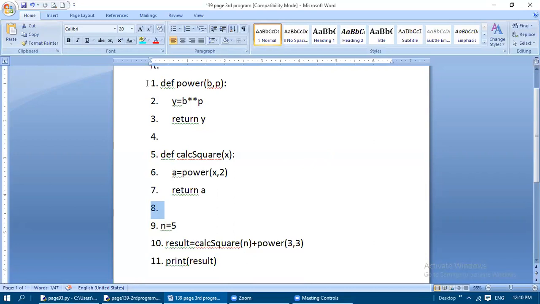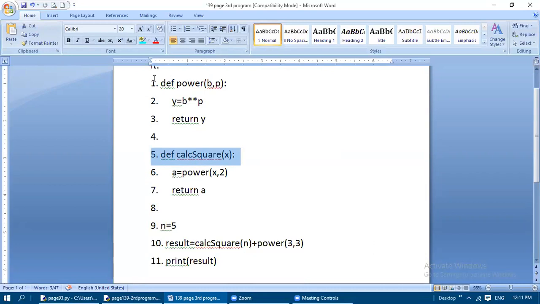How will you write the flow of execution? First this statement will get executed, that is number 1. Then next to this, number 5. So 1 after 5. This is the order of execution, or flow of execution, as we will say: how the program execution is going to take place in the Python interpreter when it is executed.